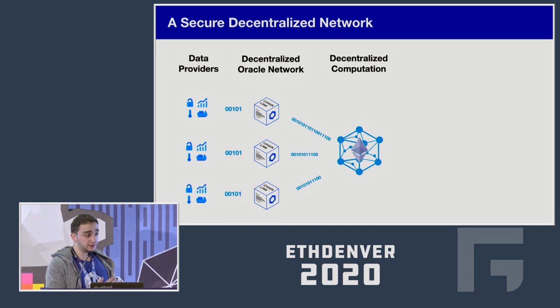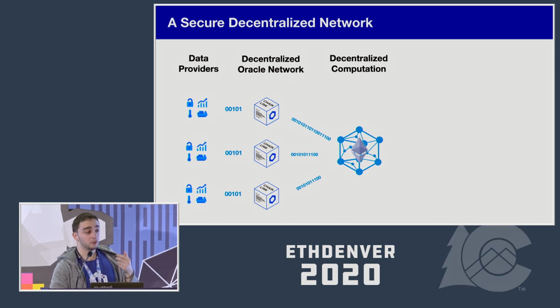So we don't want this critical piece of infrastructure, the oracle, to be centralized. We don't want it to be run on closed source code with only one single node, because it means that your smart contract would basically rely on faulty infrastructure and would have a centralized point of failure. So that's not something we want to have, right? So basically, the way we want to do things at Chainlink is by having decentralization, multiple nodes feeding data to an Ethereum smart contract. It's basically the same way we come to consensus with multiple nodes around the world which agree on the state of the blockchain. We want to come to consensus on the data by having multiple nodes around the world which come to consensus around the state of the data.